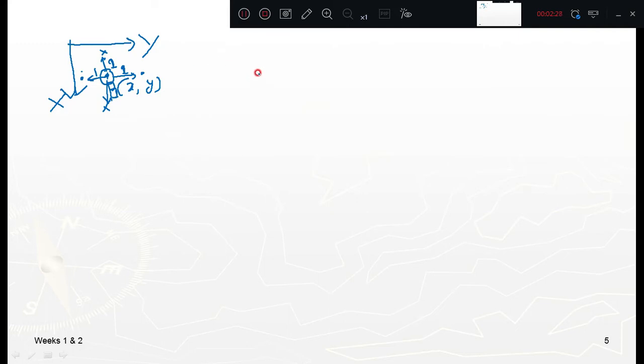Let us give it a detailed diagram. Let us have a pixel p of x comma y. Now what I am discussing is 4 neighbors. This is 1 neighbor, this is 1 more neighbor, and this is 1 more neighbor. What is the distance between each pixel? It is 1.